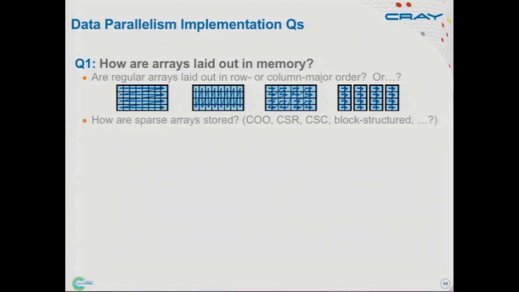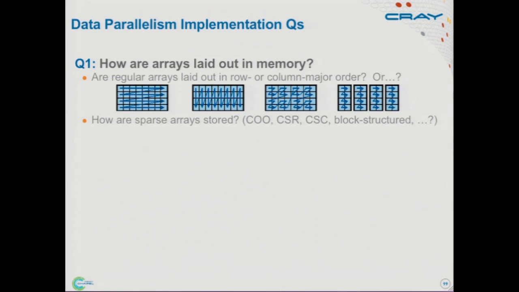If you're a good performance-oriented programmer, at some point you should ask yourself, well, these arrays look very nice and elegant, and you've got nice operations on them, but I'm a performance-minded programmer, so I want to worry about things like how these are laid out in memory. For example, if I'm interoperating with C or Fortran, I might want to know, is it row major or column major order? Or have you done something even fancier, like some sort of space-filling curve to lay out the arrays? Or maybe some sort of hierarchically tiled data structure.